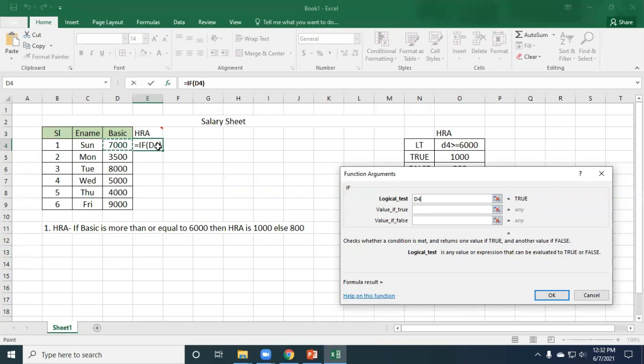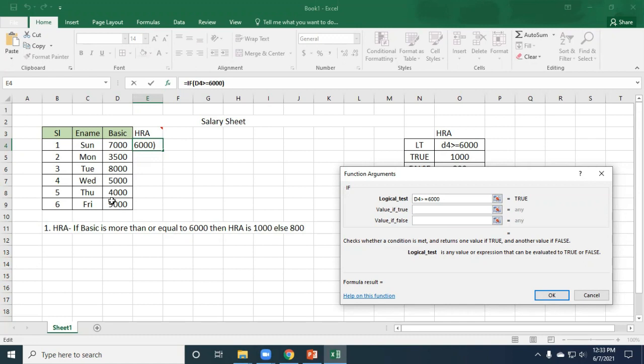The basic of this row will be D4. It will automatically come as D4, F4, whatever; you don't have to think about that. Just select the basic in the same row. D4, basic, is greater than or equal to. How much? 6,000. Just write down 6,000. The condition is over.